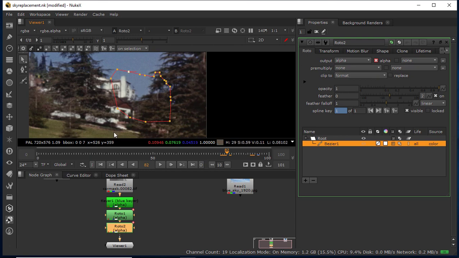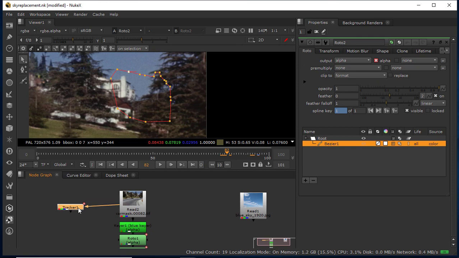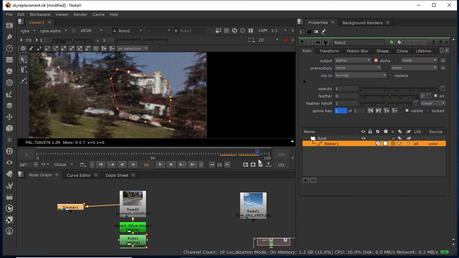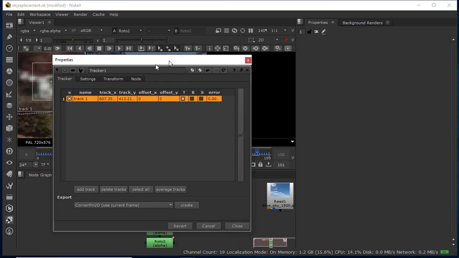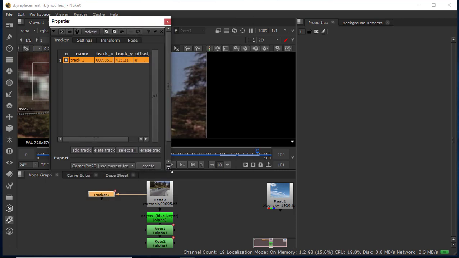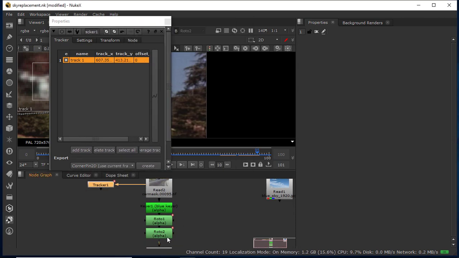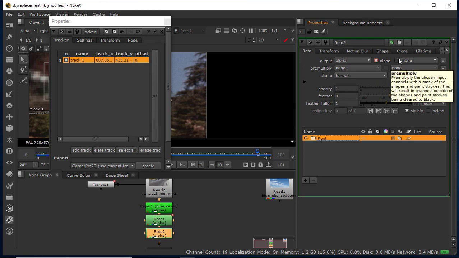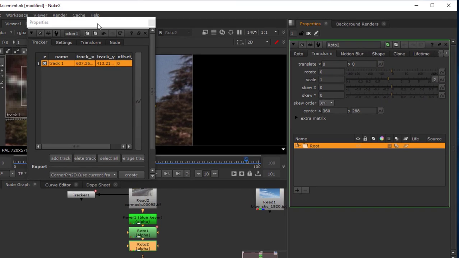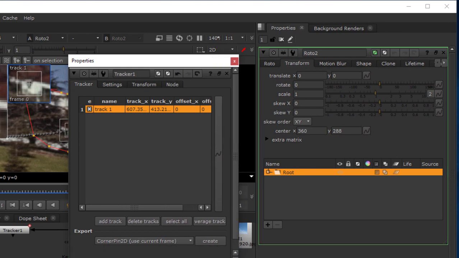So now I am going to take help of our trackers, okay, for following these shapes. Now just place your CTI at your shape's keyframe. Now after this just simply hold the control button and double click on your tracker node. Now you will see a floating node, okay. After this, just double click on your roto node. Now here you will see, now select your roto node, okay. This roto node you have to select, then click on transform parameter, and on this parameter again on tracker parameter, then come in transform mode.